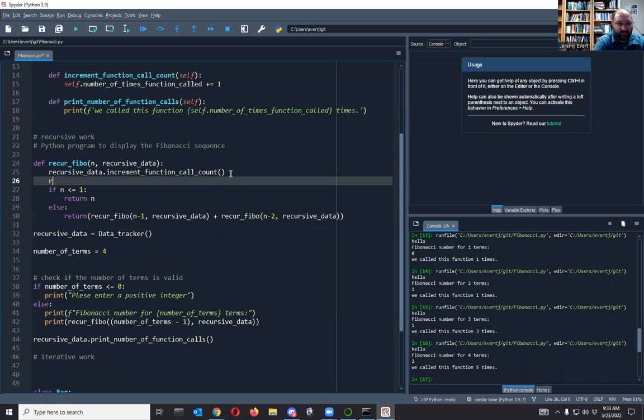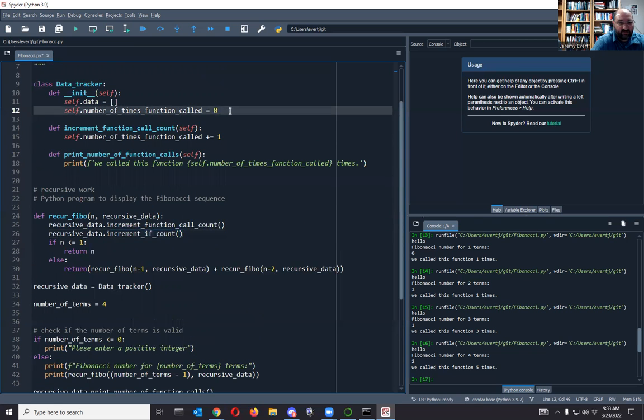So we can do if count. And so every time it does one of these, we can come in here and we can do